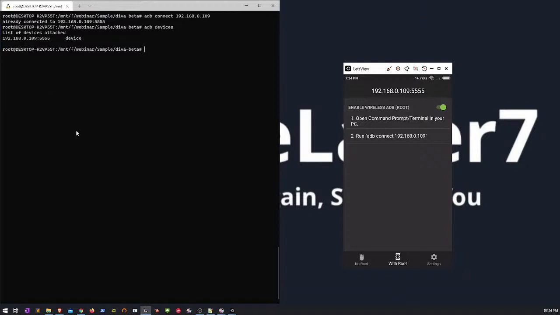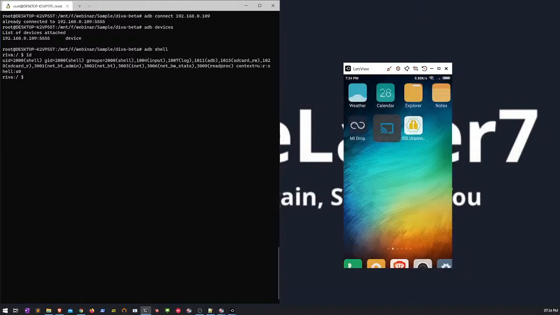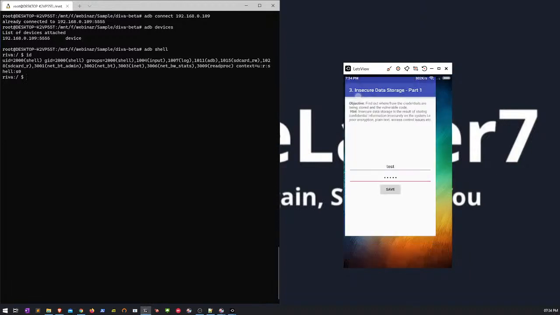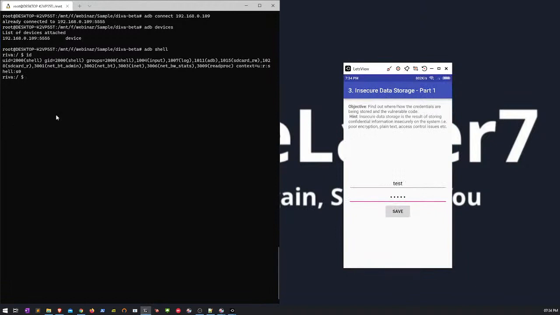Okay, the next is I'll go for adb shell, and this adb shell is as a normal user, so I will change it to root user because we need this to access the directory where the Diva application is storing data. So I will do su. We got the root access. Now I will go to the directory, cd